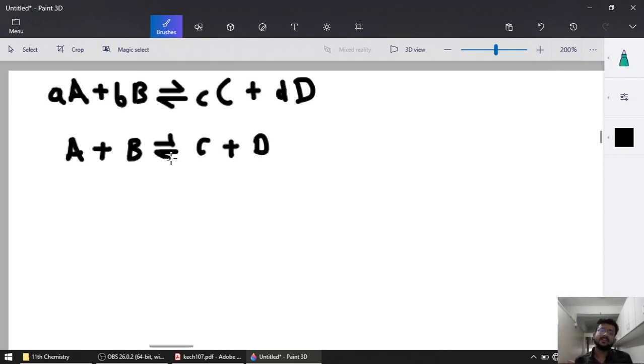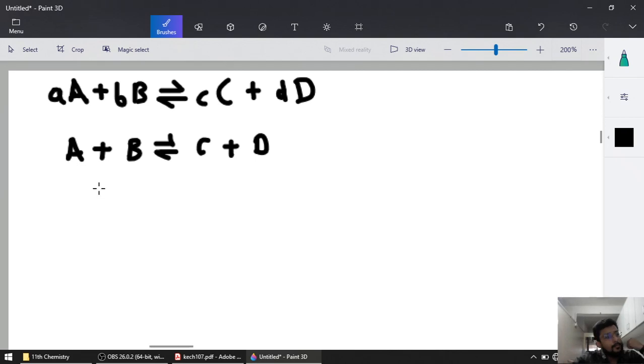And some reactions attain equilibrium somewhere in between, where the amount of reagent will be measurable and the amount of product will be measurable. That particular case will be studied over here, not the end case, not the initial case, only the middle case. That means every single reaction attains equilibrium in nature. Now let's talk about the rate of the reaction. Rate means the speed of the reaction. The speed of the reaction depends on the amount taken.